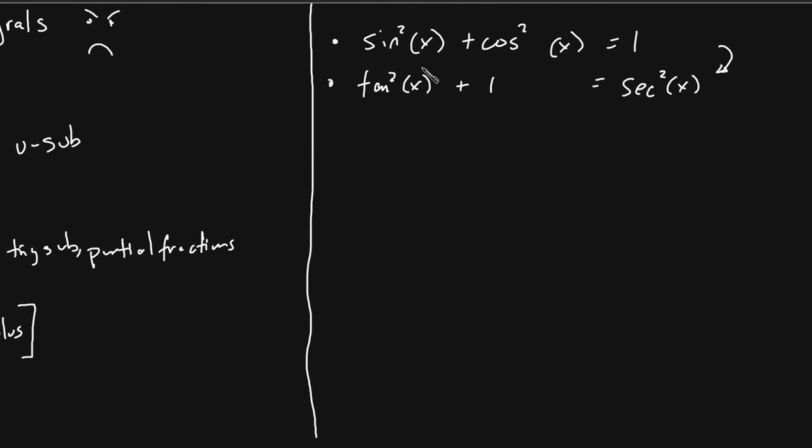So this is simply dividing by cosine squared. And then, of course, once they have tan squared plus 1 equals secant squared, they should be able to do the symbol manipulation or the algebraic manipulation to get our other identity, that's secant squared x minus 1 is equal to tangent squared x. But unfortunately, students try to memorize all three of these, and this leads to a little bit of cognitive overload.